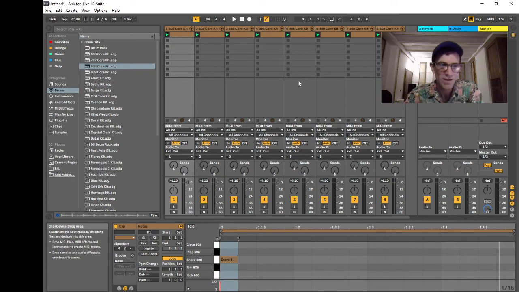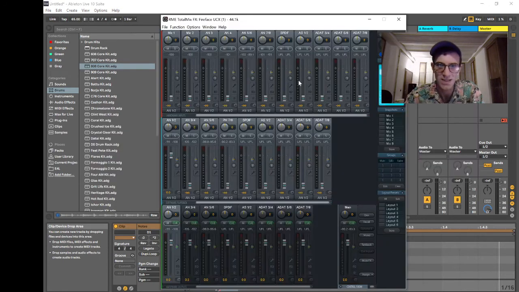And that's where the RME Total Mix comes in. It's a very confusing interface. But once you understand how it works, it's actually pretty simple. So